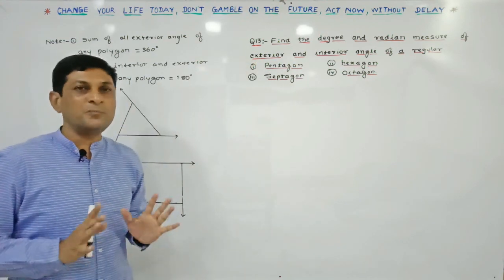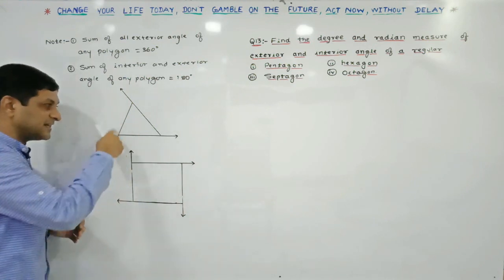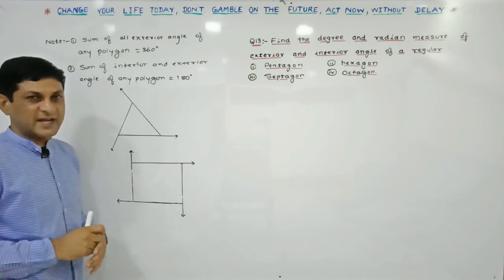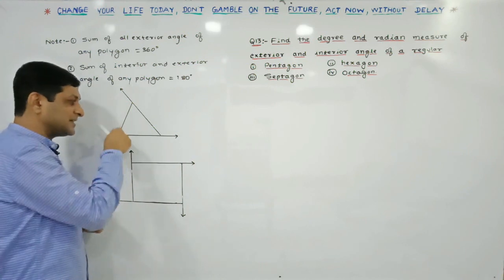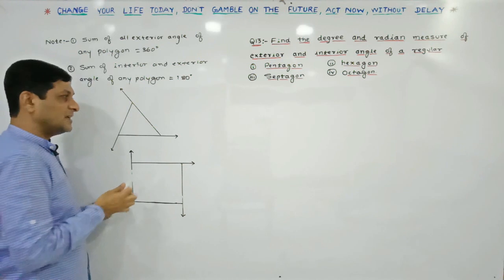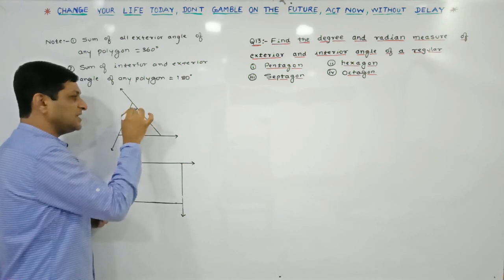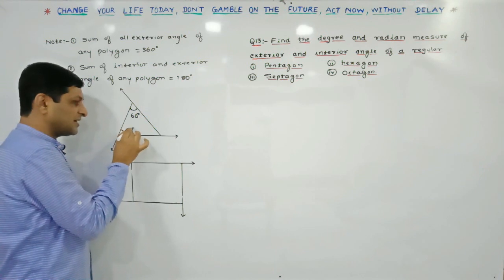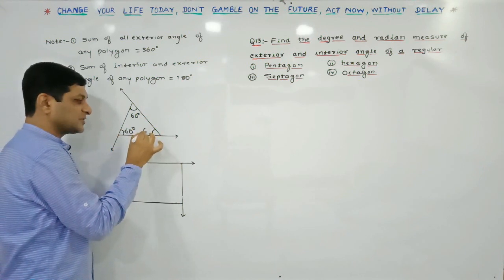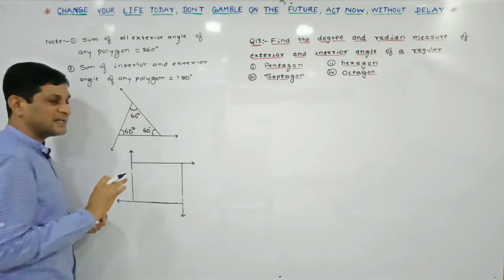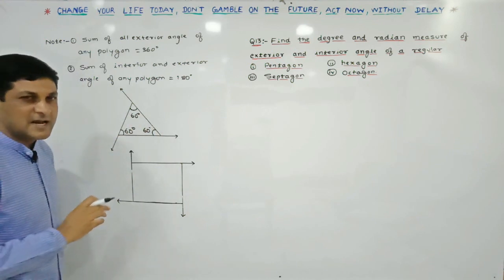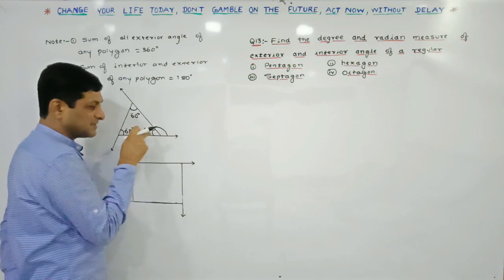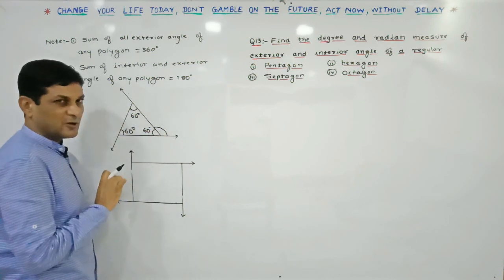Now first we will revise the result related with exterior angle of a polygon. So let us consider here one triangle. So you have studied about different types of triangle. For simplicity, I am considering one equilateral triangle. Equilateral triangle means each angle will be of 60 degree. So let us denote each angle of this triangle by 60 degrees, since we are considering that triangle is equilateral triangle. So now if this angle is 60 degree, then it is the interior angle of this triangle.